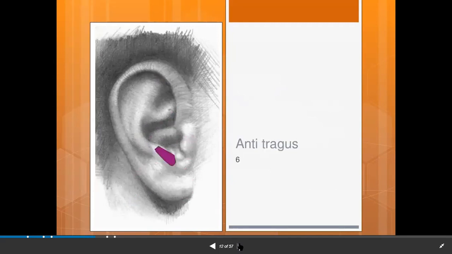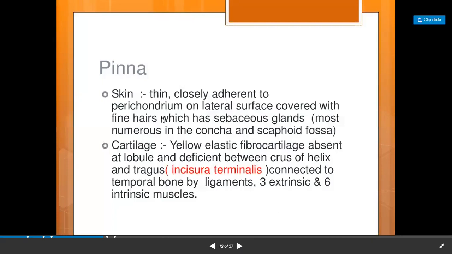Then this is the antitragus area. So the pinna, that is the external ear, the skin part, that is the auricle. The skin is thin. You just feel for yourself, and I'm telling you something like this. You can see the skin is thin, closely adherent to the underlying cartilage, that is the perichondrium, on the lateral surface,